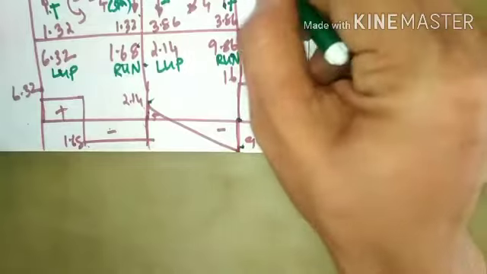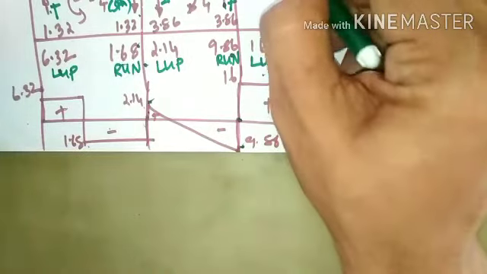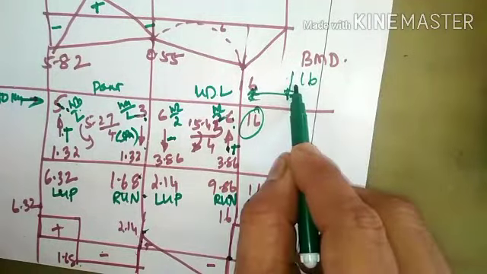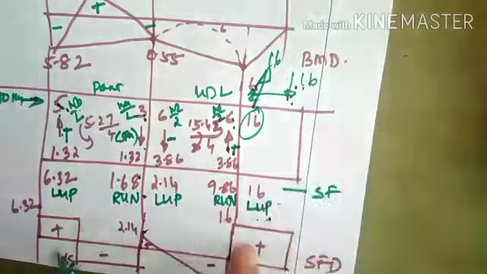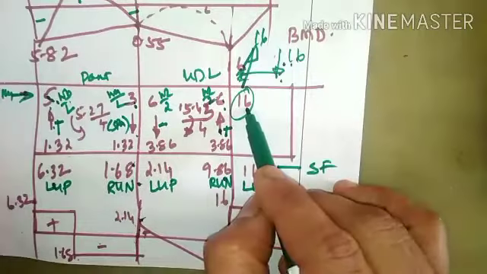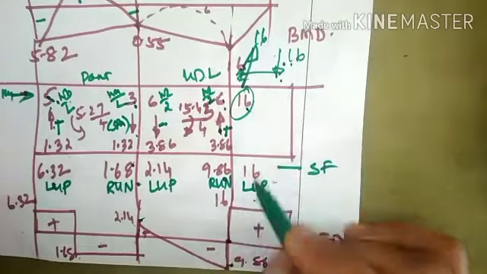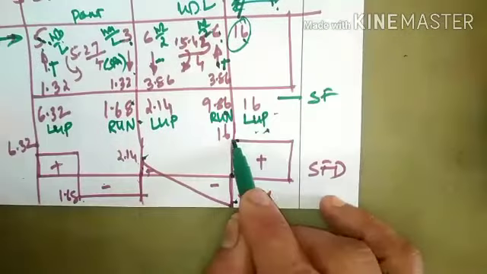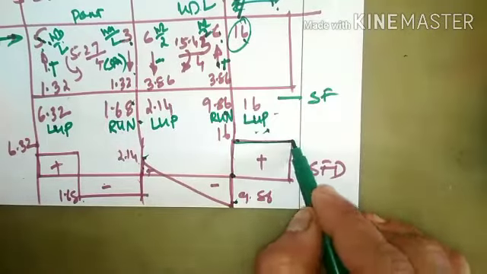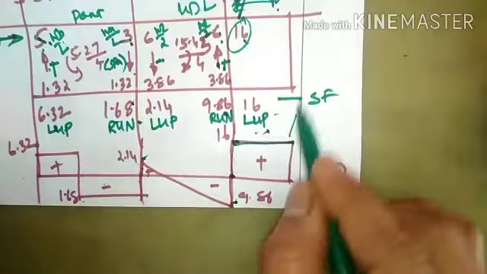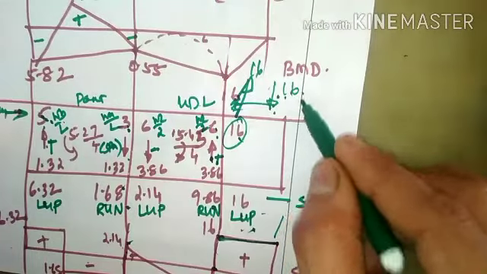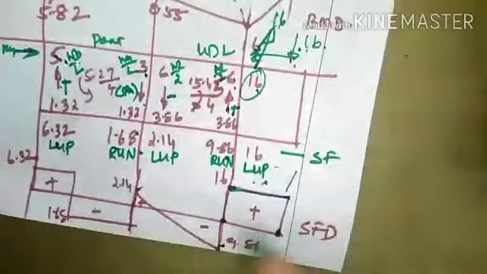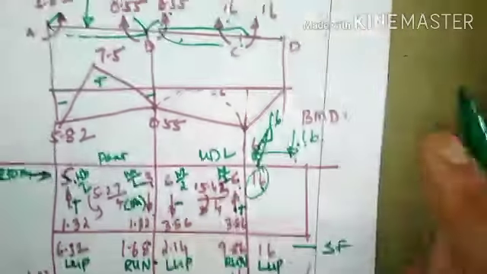Why does this 16 come into the picture? Because it's a cantilever beam. 16 kilonewton is the load here. If you have 16, the vertical reaction shall be 16. That vertical reaction itself will be the reaction component. So 16 will be marked above and continued. Plus 16, you already have a force here, which is downward. Plus 16 minus 16 will be 0. So this is the shear force diagram.